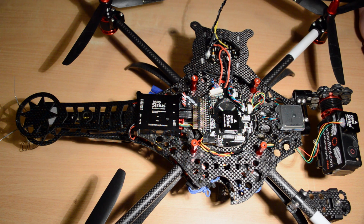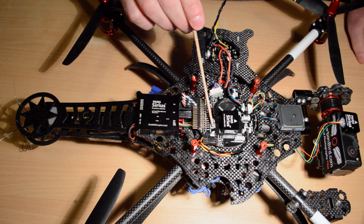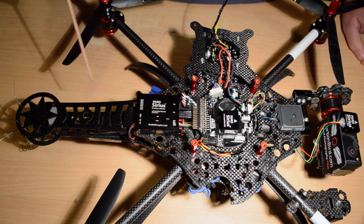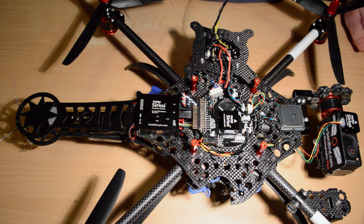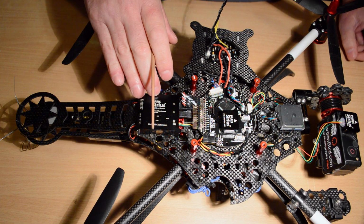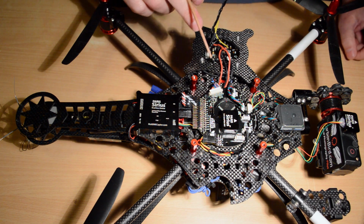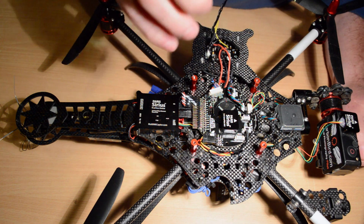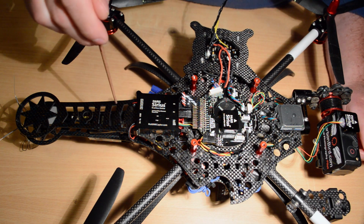Hi and welcome. Today I'm going to show you what I've done with my V5 Paris Mega board on my Reconn V3. Now some of this is a little bit different to how it might be on yours. I do some little modifications to please myself, just different things I do, which won't be as per the kit you get from Multi-rotor, but there's been a couple of requests because when I originally did the Reconn